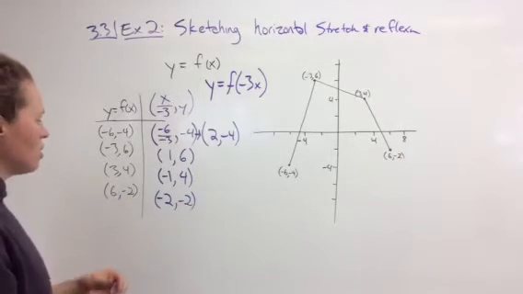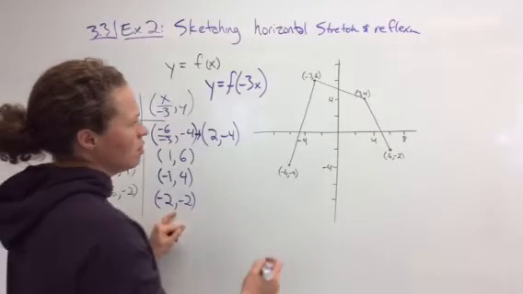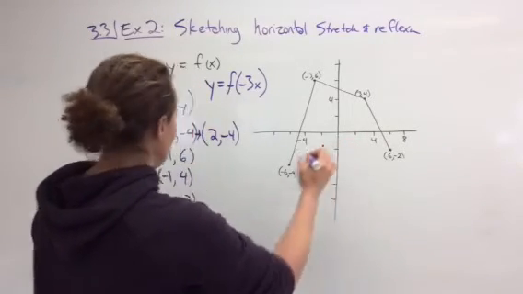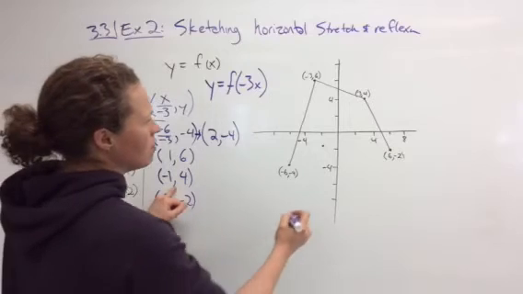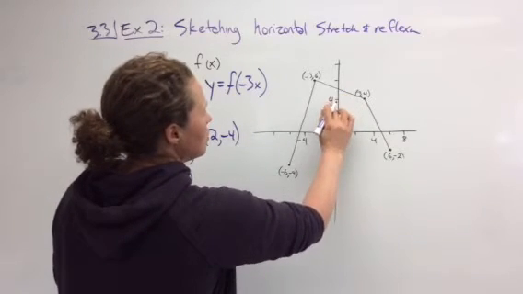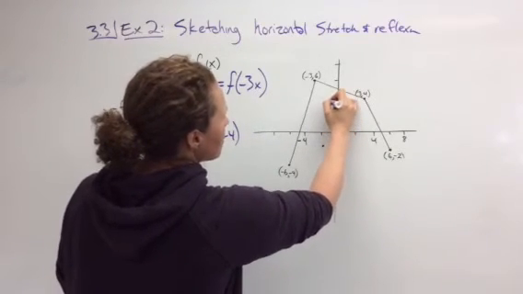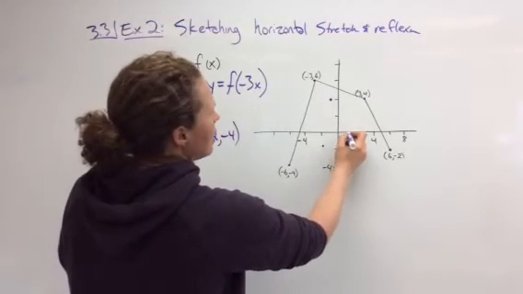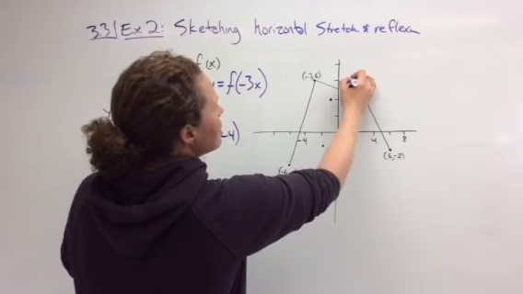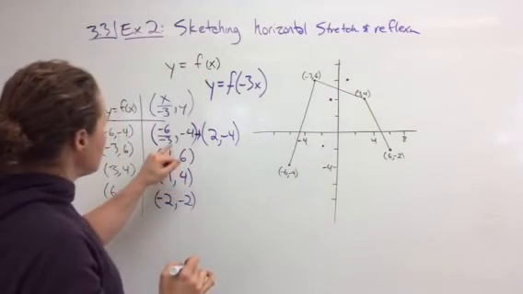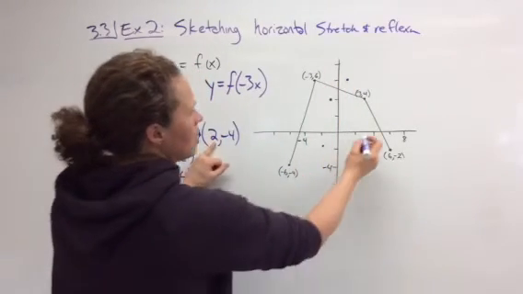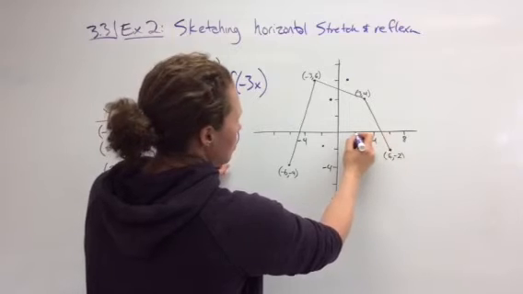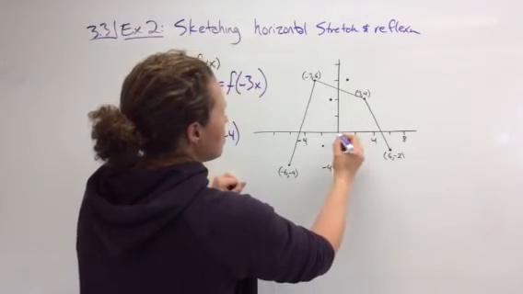Now when we plot these points, we're going to plot them -2 and -2. Should be here. -1 and 4. So -1 and 4. Just going to move my 4 there. 1 and 6. And my last one is at 2 and -4. So I'm over here at 2 and -4. So when I